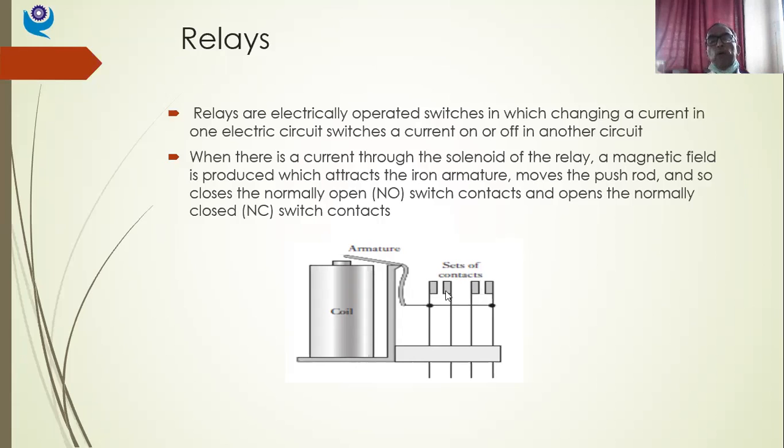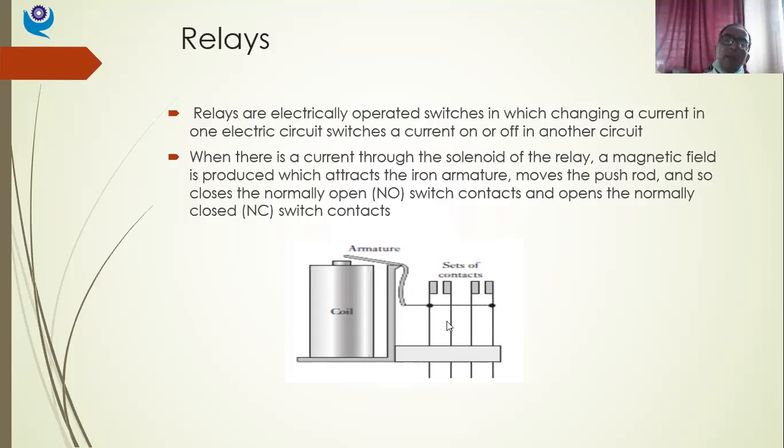Now, when I want to use these switches and actuate my motor, my heater, or whatever high current devices there are, I cannot run high current and high voltage devices directly by using digital signals, or even directly by using a weak analog or weak electronic signal. Because all those are high current, high voltage devices, I need to use them through relays. There are mechanical relays and electrical relays also. This is the electromagnetic relay we are going to study now.